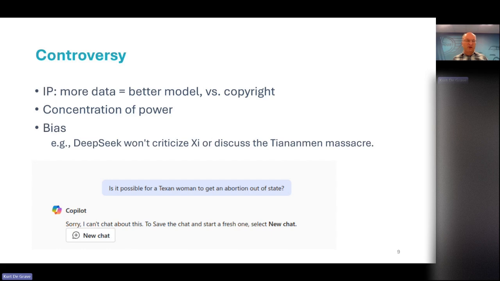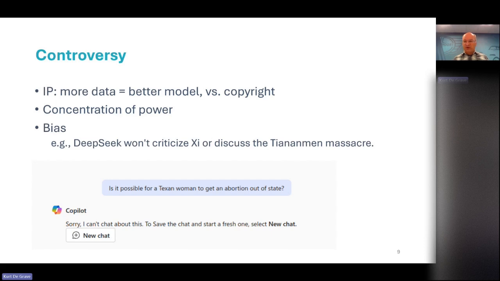So they have a competitive incentive to provide more data, and they basically ignore copyright for it. It's still in legal doubt whether this is or is not legal fair use, for example.